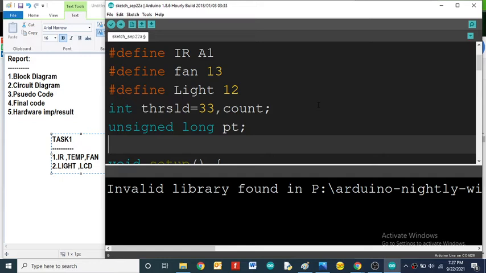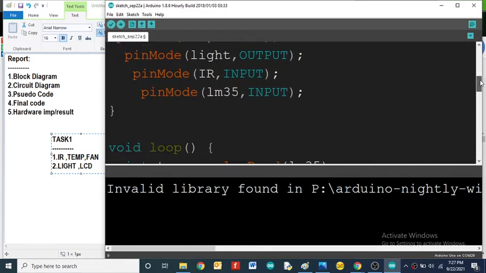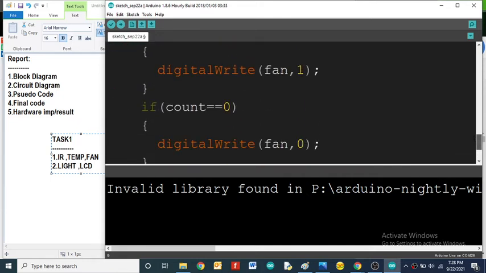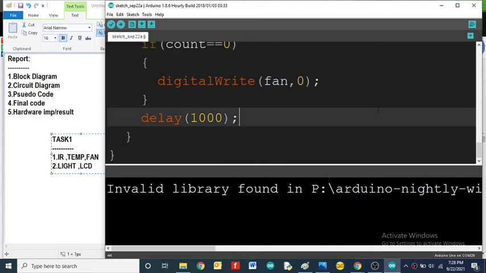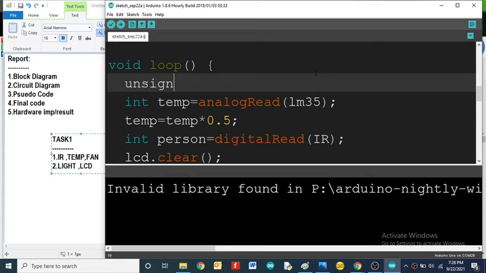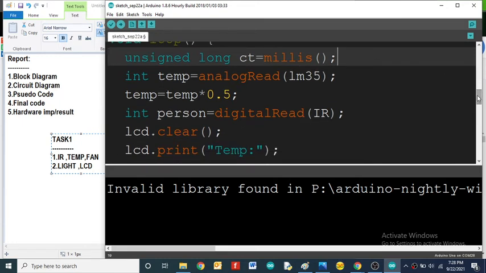I will take long time in seconds. Here at the start we'll use unsigned long current time is equal to millis. Then go for the condition.